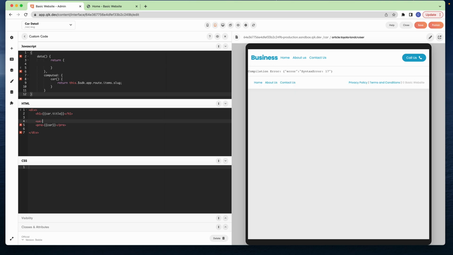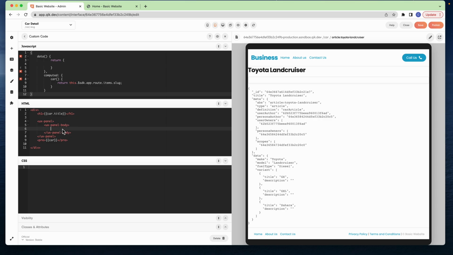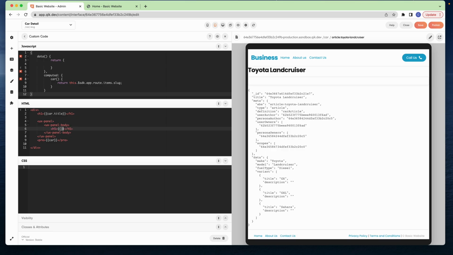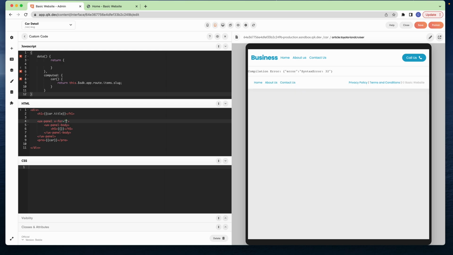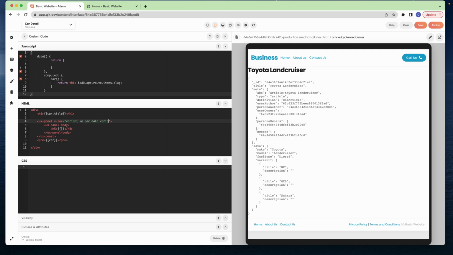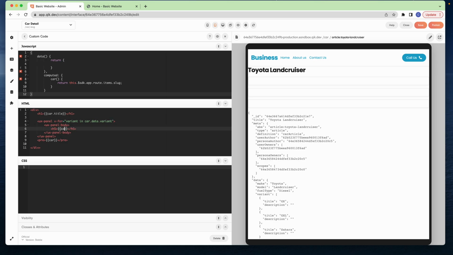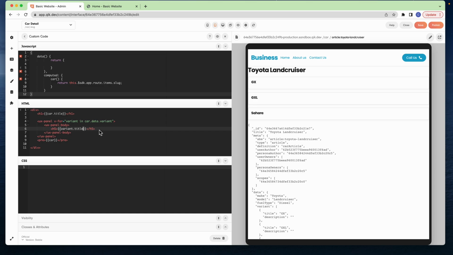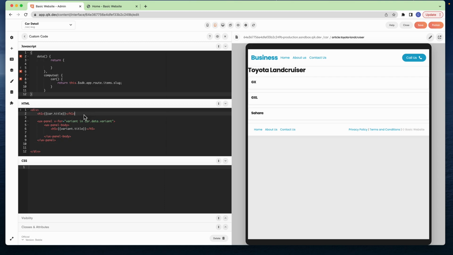So I can create, let's just create a panel over here from our UI kit. I think this is correct. We can do an H5, and we'll do a v-for loop. This is all just Vue 3 code. We're going to write variant in car.data.variant, and here we'll do variant.title, and then we could print out the description or something like that. We could also print out maybe an H4 here with